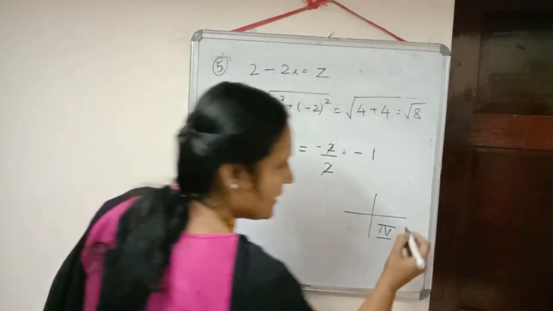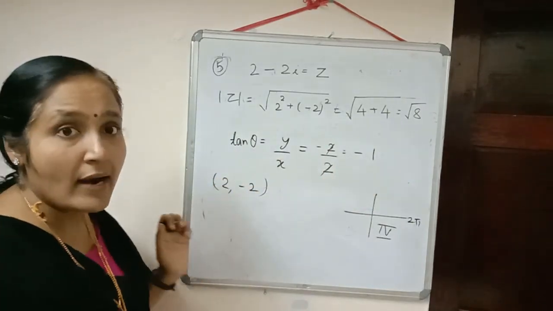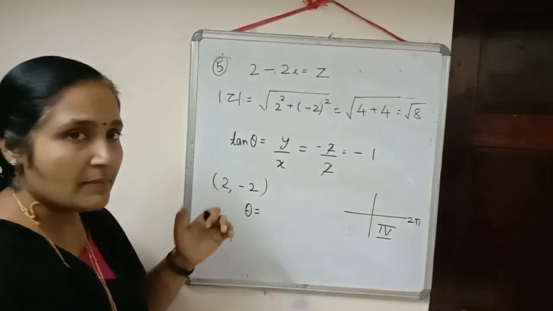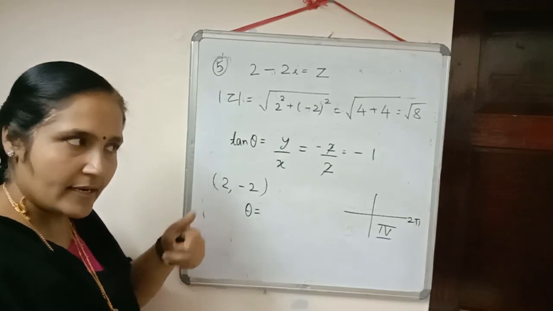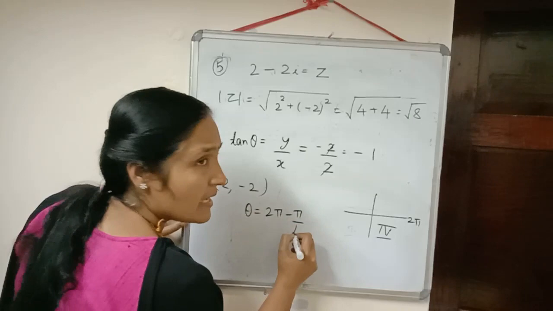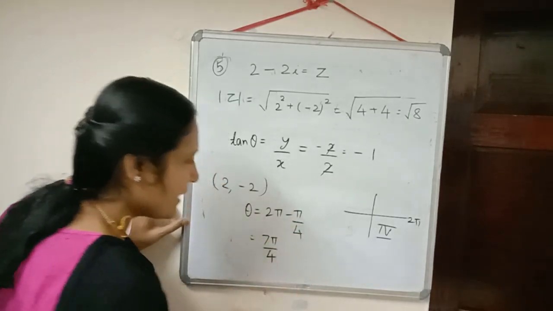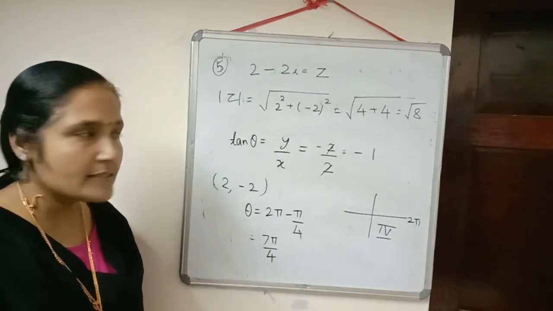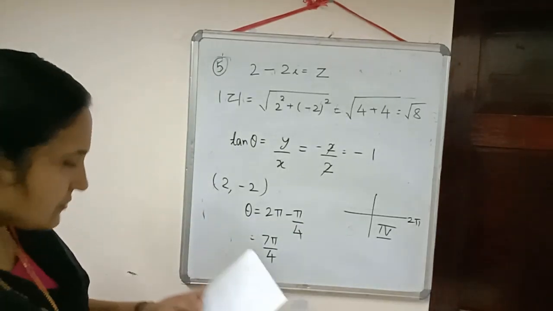And in the fourth quadrant, how will we calculate the angle? Here it is 2 pi, and when tan gives 1, it is pi by 4. Since the angle is in the fourth quadrant, it will be smaller than 360 degrees. If smaller, we will subtract; if greater, we will add. So we will write 2 pi minus pi by 4. Now after simplification we get theta is equal to 7 pi by 4. So I think now this concept is getting clear to you. Okay, now write down the next one.